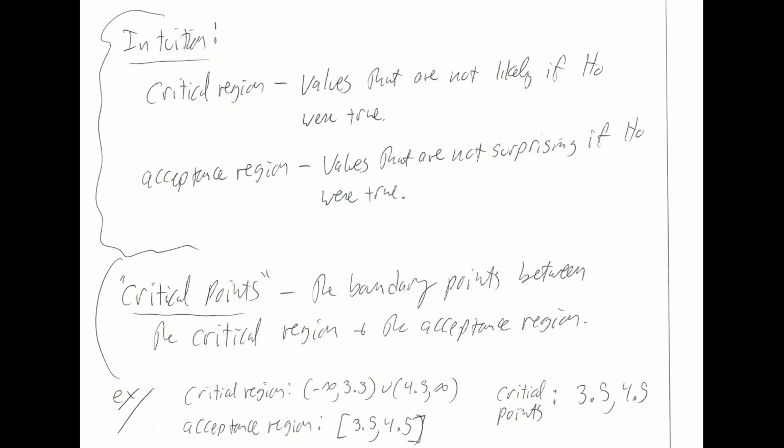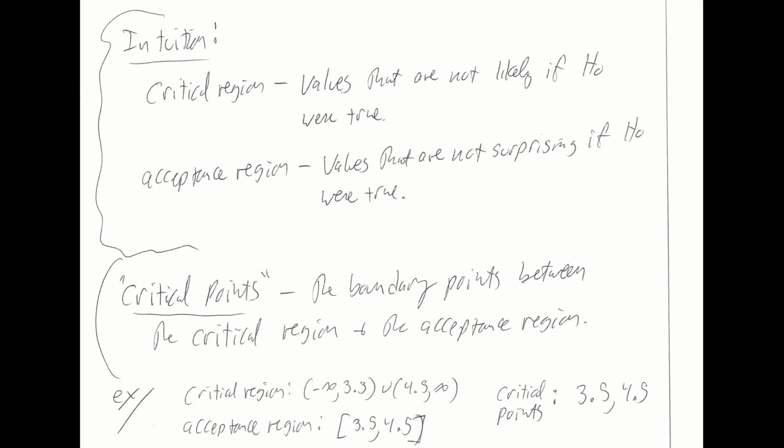The critical region is the rest of the real line. So everything less than 3.5, from negative infinity up to 3.5, not including 3.5, and everything greater than 4.5. So from 4.5, not included, up through infinity. That's the critical region. If we see an average mass of the bolts anywhere in that region, then we reject